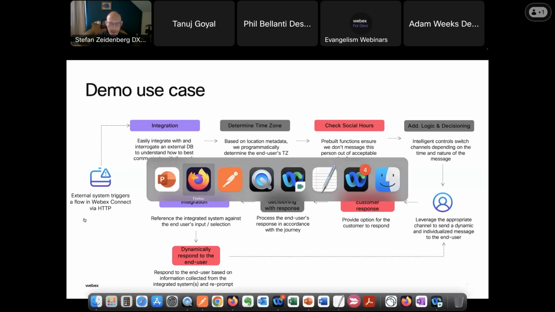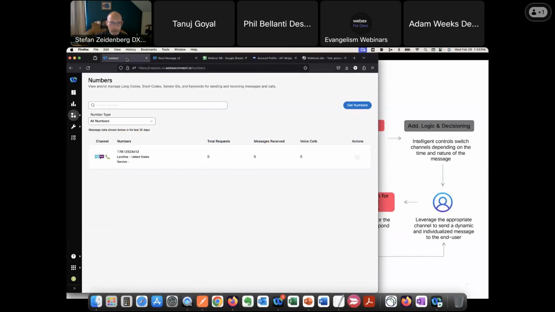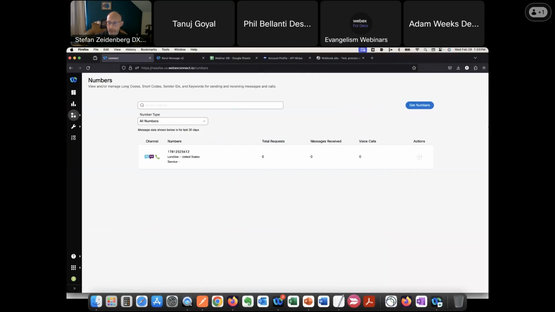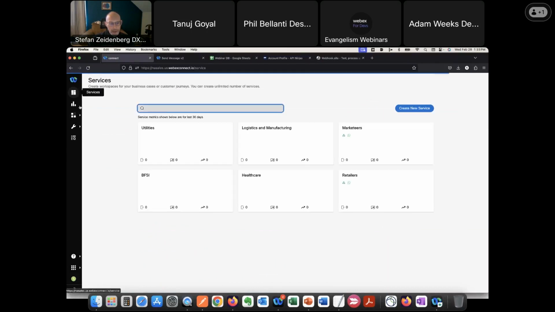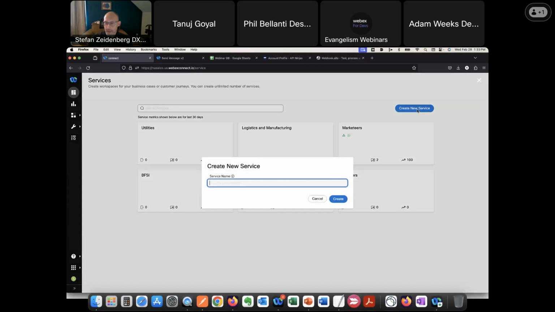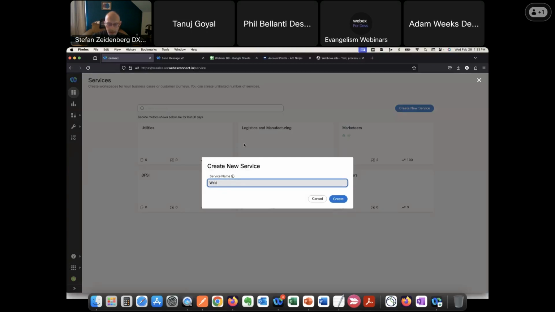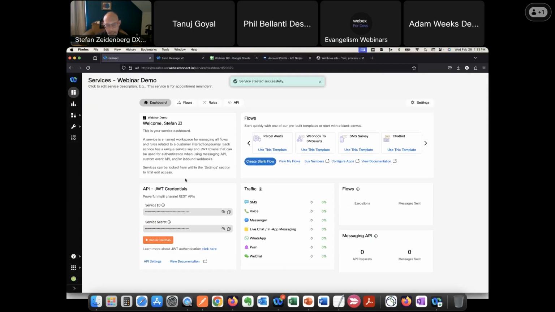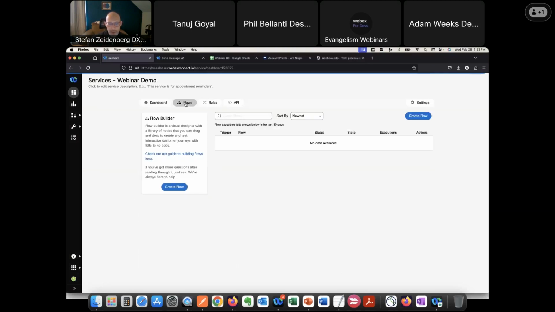So navigating back over to Webex Connect now, I'm going back to the services. I'm going to start from scratch. I'm going to create our own service for this. We're going to call it webinar demo. And again, I got my service keys here. If I need them, I'm not going to use them for the sake of this demonstration, but I am going